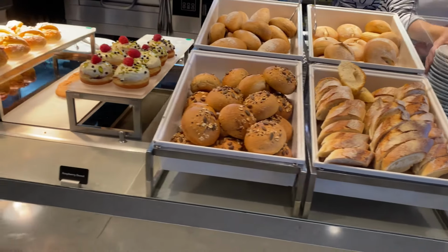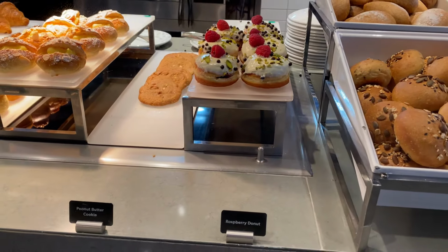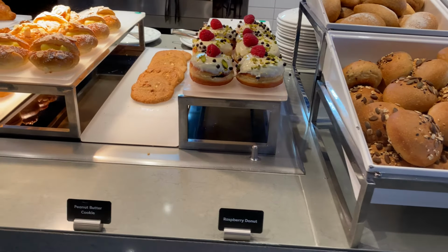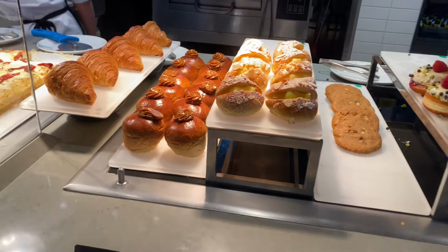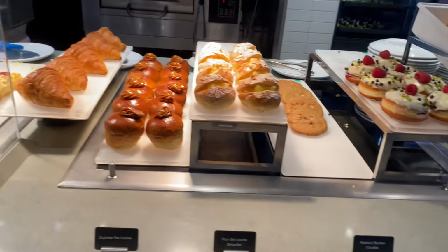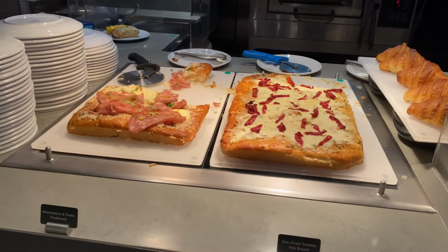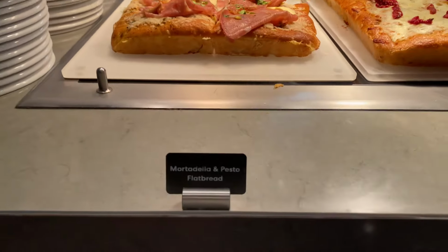Right here. We came down this afternoon. This raspberry donut is everyone's favorite. Michelle loved it, I loved it, Becca loved it. And then you've got everything is very savory. It's not super sweet. It's more like a European sweet, if that makes sense, but super savory. And then we got the sun-dried tomato flatbread and this flatbread right here, because I cannot pronounce that right there,